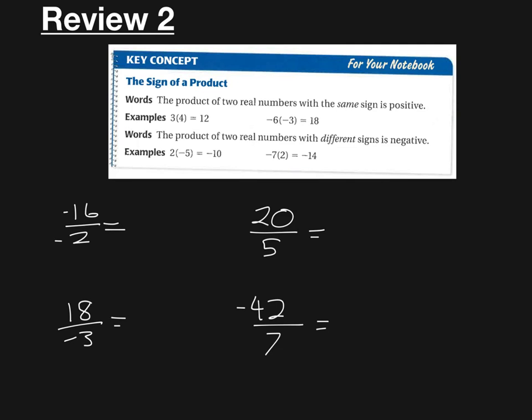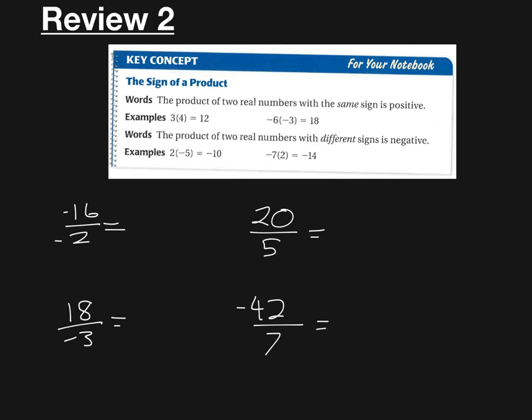Hey everybody. Today we're going to review multiplying and dividing rational numbers. That includes integers, decimals, and fractions. Before we see any examples, I want to take a second to review the rules for multiplying and dividing positive and negative numbers. Remember, anytime we see two numbers that have the same sign, the result is going to be